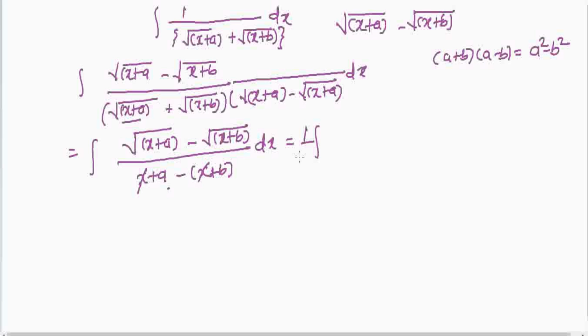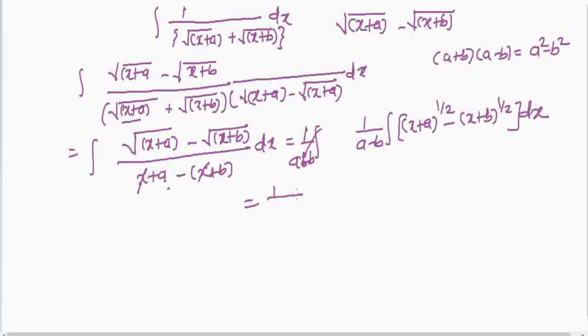Take that common, we can write out of this integration 1 divided by a minus b into integration of x plus a whole raised to 1 by 2 minus x plus b whole raised to 1 by 2 into dx,